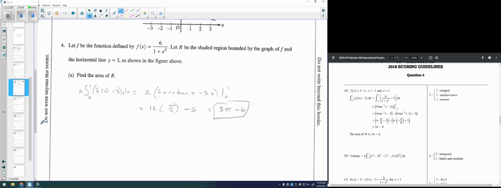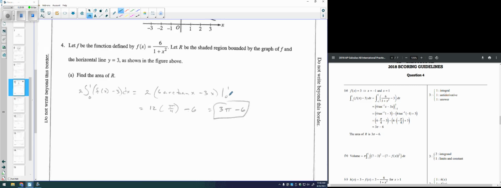Let's look at the scoring guidelines. Scoring guidelines say you get 1 point for the integral. Okay, I get 1 point for the integral. That integral had to have the correct stuff. You had to have parentheses, you had to have your dx. If you didn't have parentheses and you didn't have the dx, it's not the correct integral. Okay, 1 point for the antiderivative, and then 1 point for correctly evaluating the arc tangent of 1 and 0,